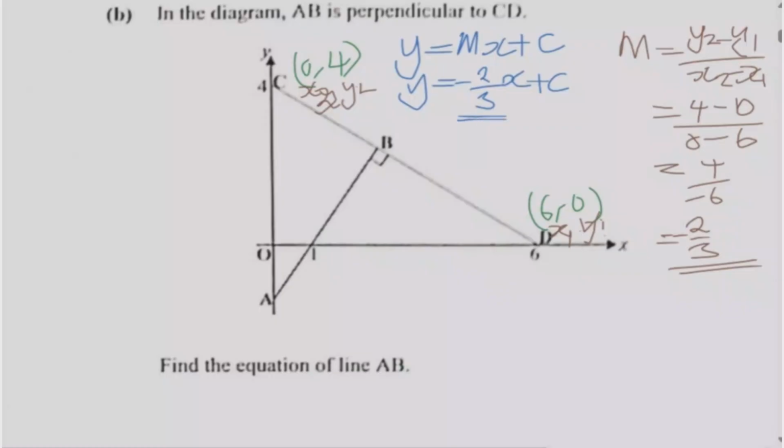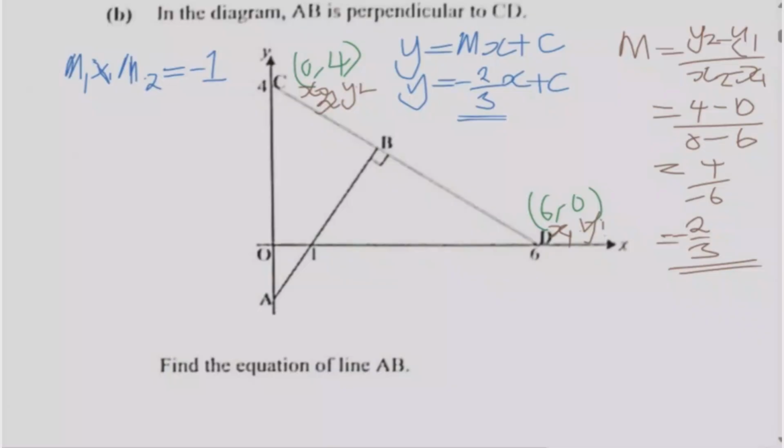Now let me talk about the relationship between the gradients of two lines which are perpendicular to each other. What is the relationship? We can understand that the gradient of line 1 times the gradient of line 2 is equal to negative 1. That is the relationship. You should understand that relationship. So in other words, we should understand the gradient of the line CD,